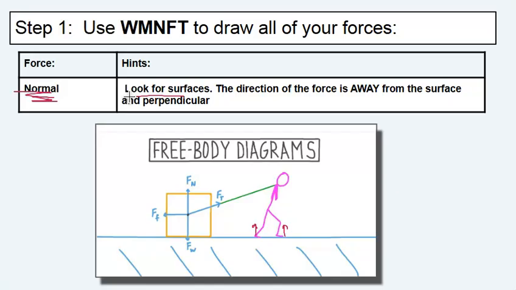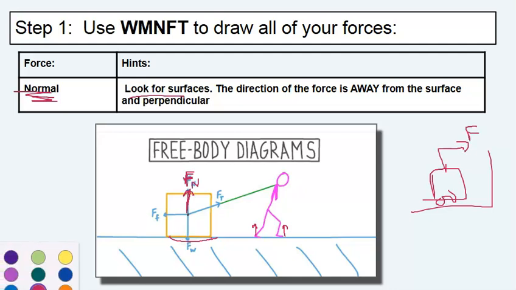And what does the surface do? The surface flexes and is stressed out and pushes away. Not always up, but away. So we have the force of the normal caused by the surface below flexing and pushing up. But if it was a fan cart and the fan pushes that cart into the wall,